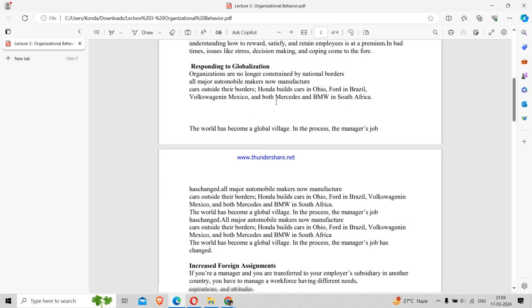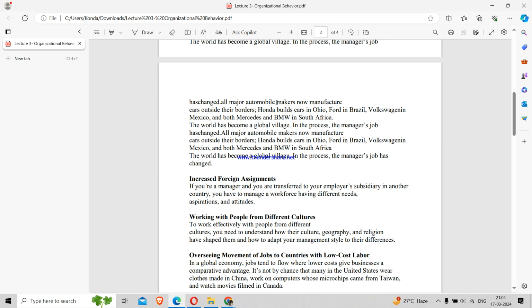Okay. So what are the various importances of organizational behavior? Why do you need to adopt this particular thing? The first point is, it is important because it helps in developing interpersonal relationships. That means the employees who are working for a particular organization need to have a good relationship among them, so that you can get the most productivity. So it is very important because it helps in developing that particular aspect.